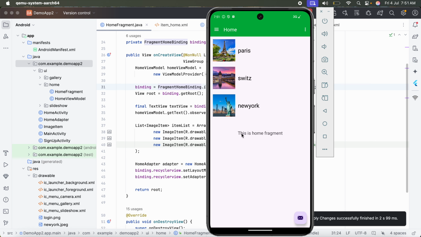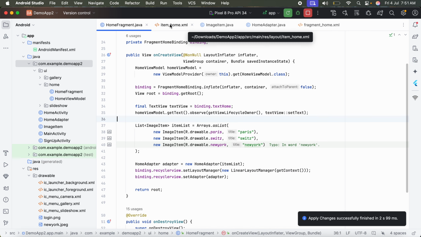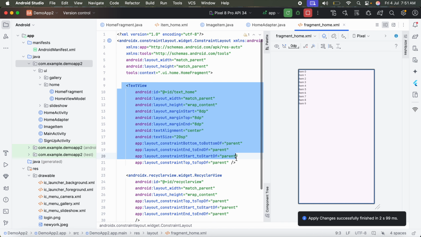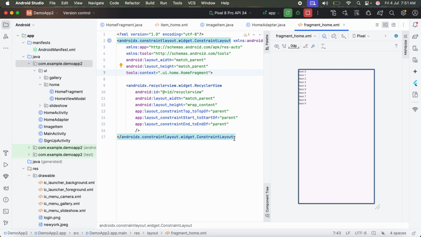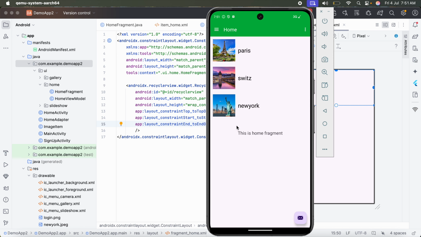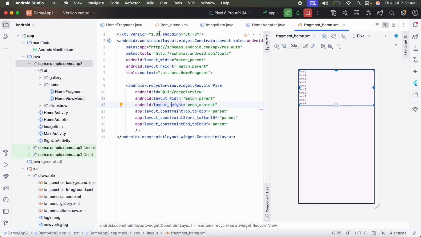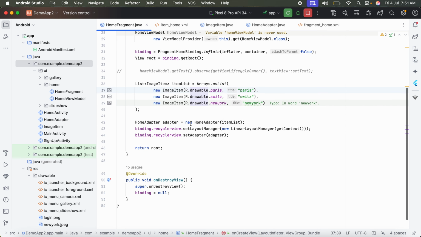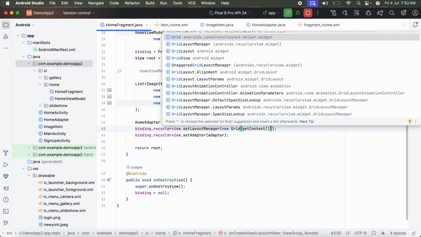Now how to remove this? This is home fragment. We have to remove this, right? So we can remove this title from here. Okay. Now what if you want to show it in grids? Grids of 2, for example. Okay, so for that we have to provide a grid layout,